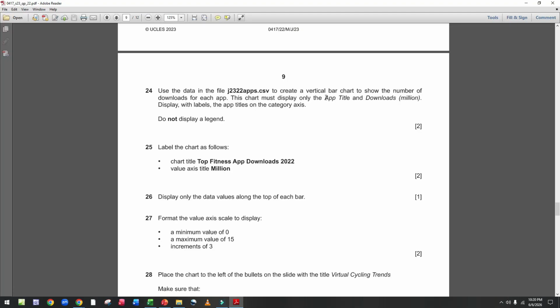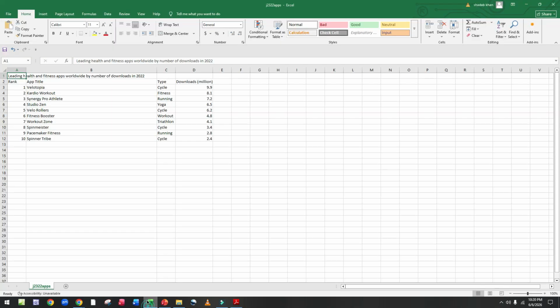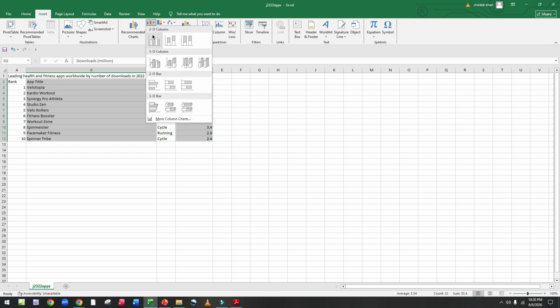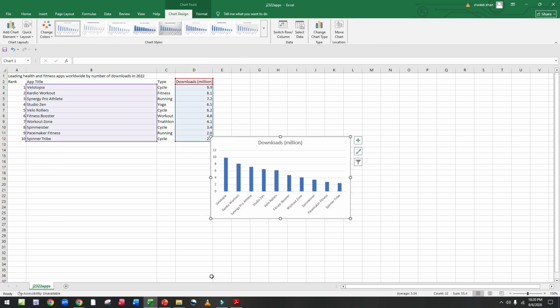The chart must display only the app title and downloads. Now we select the app titles and downloads. Click on insert. Here is a vertical bar chart.